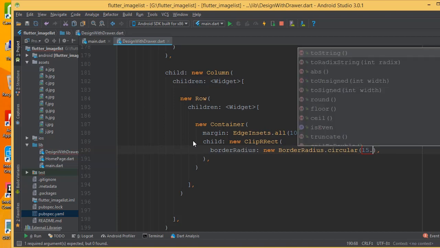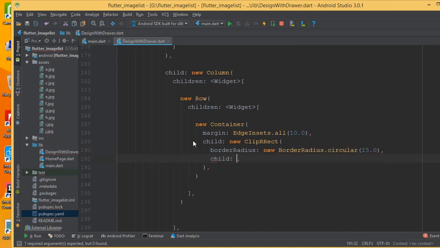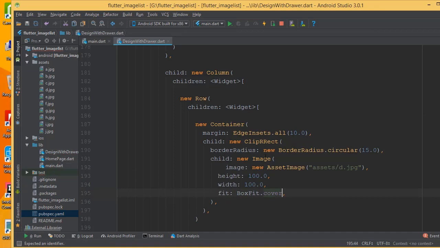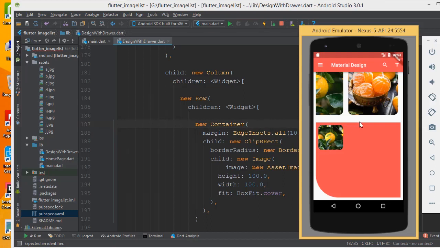I can choose 15.0 and add the child, which is going to be a new image, and in here a new asset image, and we can choose assets, I can choose d.jpg and define the height 100.0, width also 100.0, and fit is going to be BoxFit.cover. All right, so now if we run this, hopefully we'll be able to see,